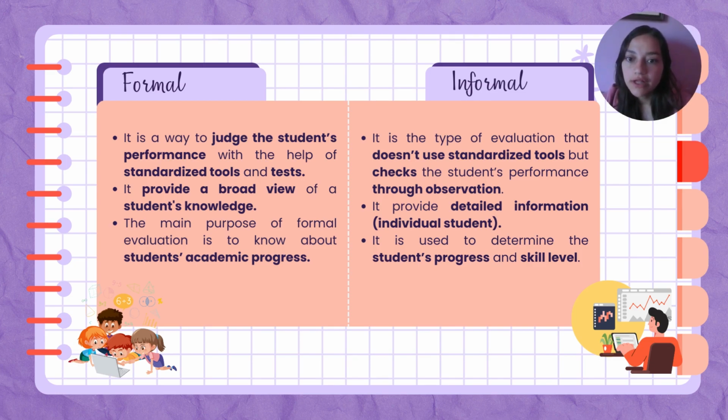So also formal evaluation provides a broad view of students' knowledge. It means that it's going to provide us a general view of our students' knowledge. And informal evaluation, on the other hand, is going to provide us detailed information from each student. So we are going to know from each student what are their strengths, what are their weaknesses,